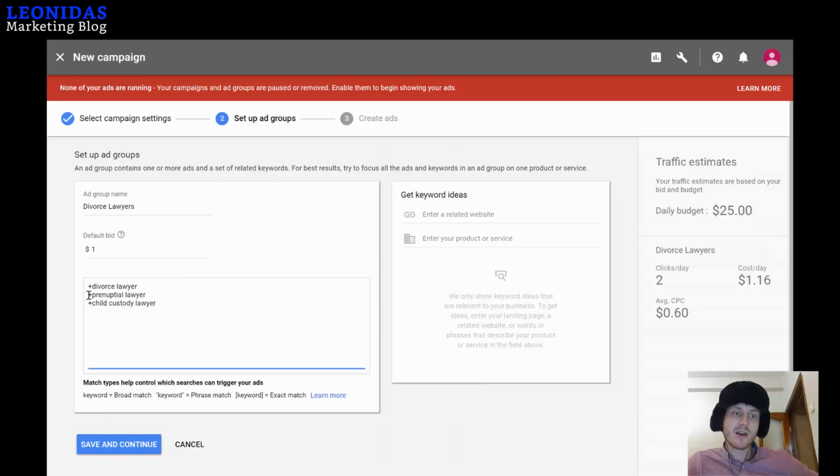Okay, so the word prenuptial, and then it can be lawyer or attorney, and then once again child custody lawyer, so it can be child support lawyer, child support payments lawyer, child support payments attorney, as long as the word child is in the keyword. Okay, so let's go ahead and save and continue